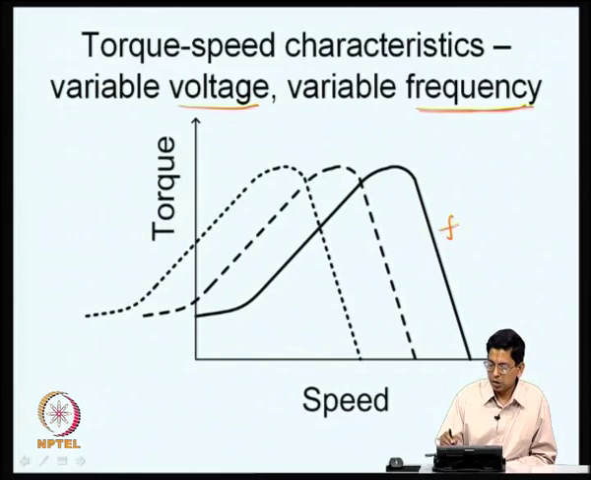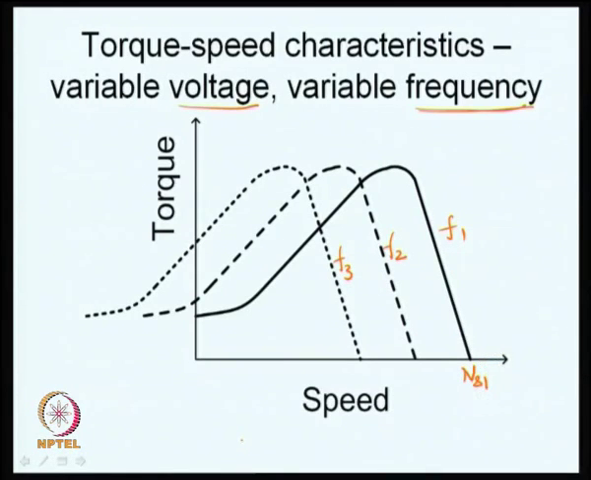This is some frequency f1, this is some other frequency f2, this is some frequency f3. If your stator frequency is equal to some f1, then you will have a corresponding synchronous speed ns1. This will be the same 120 f by p, and f is now changed from f1, f2, f3 etcetera, and we are typically considering a 4 pole machine, let us say. So, for a 4 pole machine, 50 hertz would mean